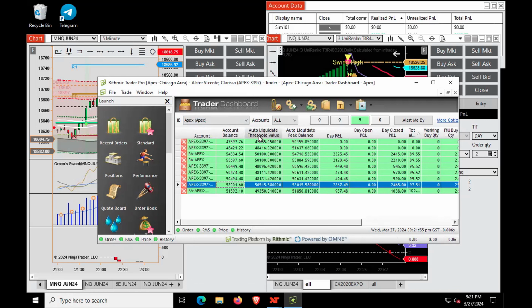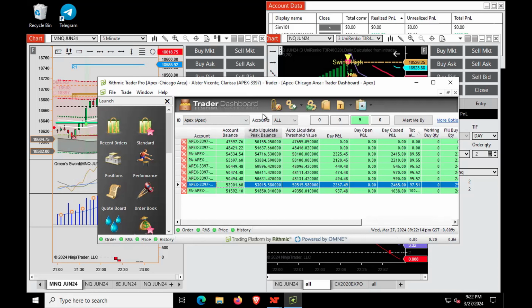This is the threshold, meaning if I lose, what is the value at which my account will self-destruct? That's it. What is the value at which I will blow up my account, in other terms? And this is actually the auto liquidate peak.